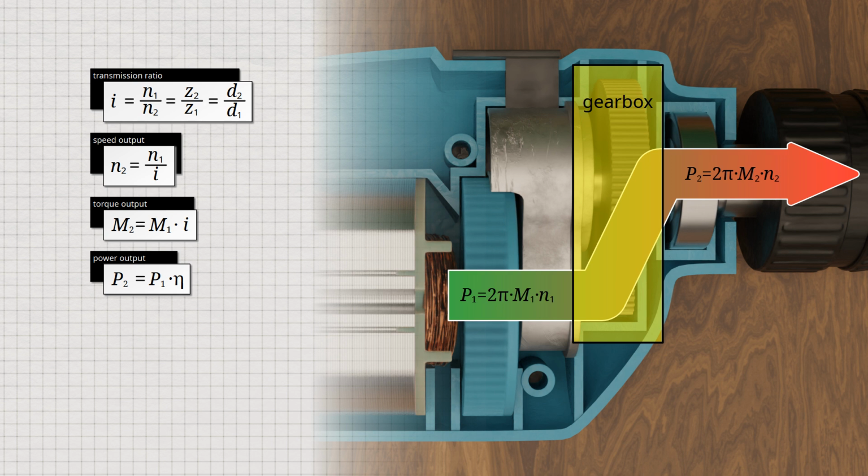The power losses also affect the torque at the output shaft of the gear unit. Since power and torque are directly proportional, a reduction in power means a reduction in torque to the same extent. Therefore, the transmission efficiency factor must also be taken into account when calculating the torque. However, the efficiency of the gearbox does not play a role in the calculation of the change in speed, because the change in speed is determined by the ratio of the number of teeth. This is because the teeth cannot penetrate each other and thus produce a lower speed than the teeth ratio dictates.